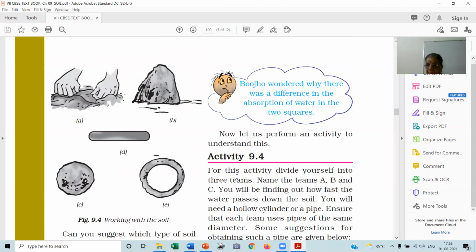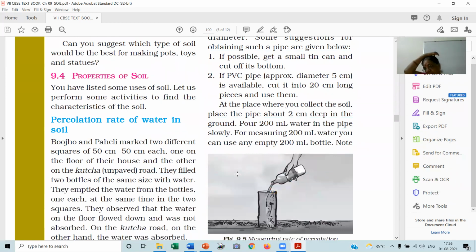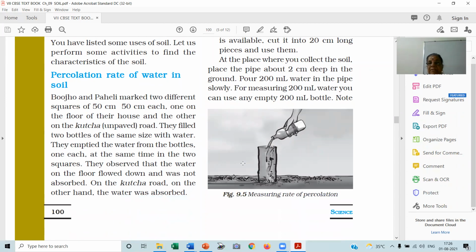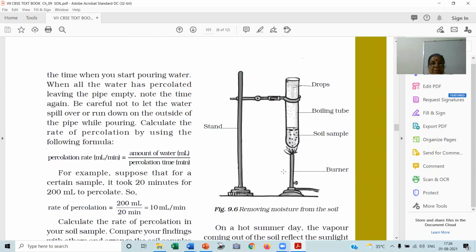When we do properties of soil, I will explain it there. Right? So properties of soil, first is percolation rate in the experiment. Measuring the rate of percolation in the experiment. I hope you follow this. And the problem, I already said. In the book, 400 ml in 40 minutes, and here a 200 ml bottle. That's the difference. Sorry, I am not going to read the experiment. I already said. Right. The next one is